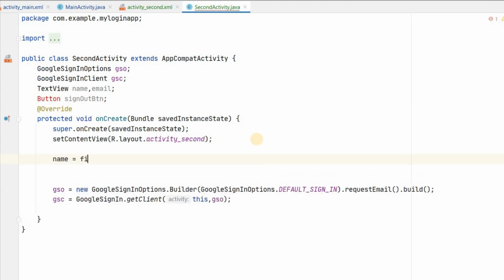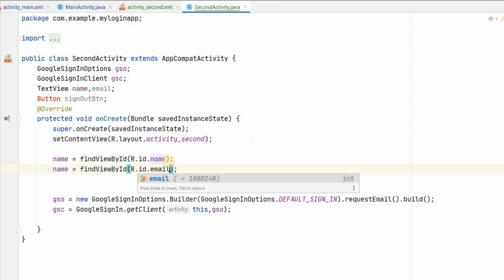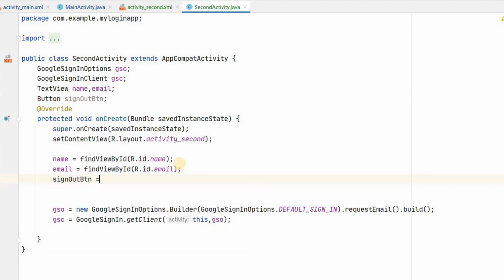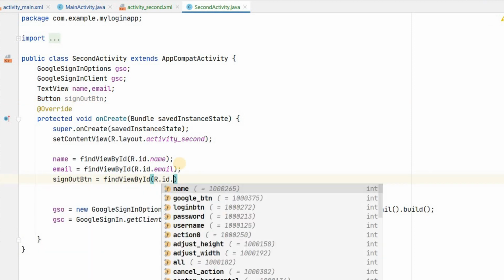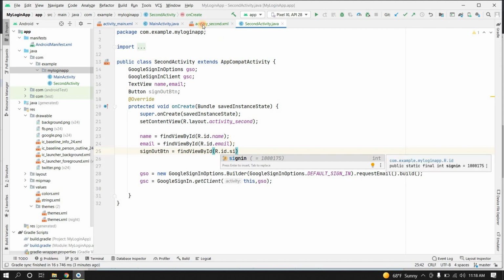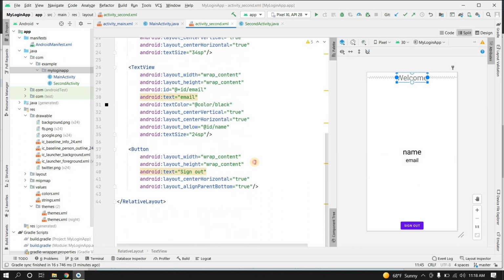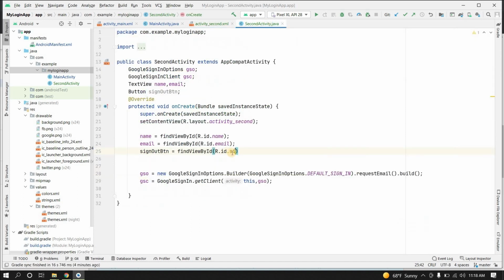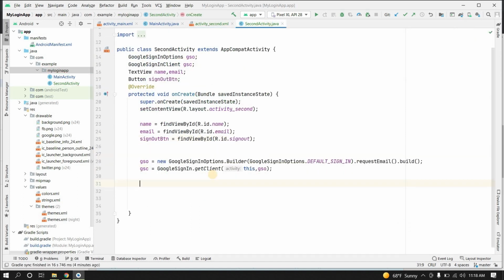So we'll reference this: R.id.name, email, and sign out button also, R.id.sign_out. We have not given the ID. Copy this.